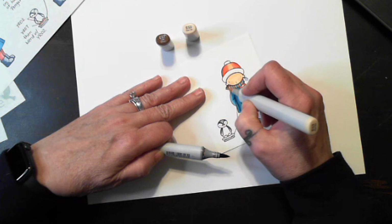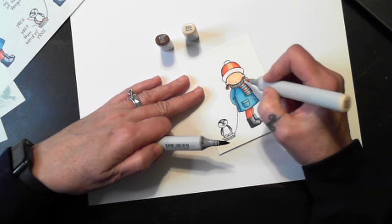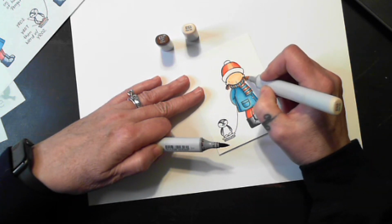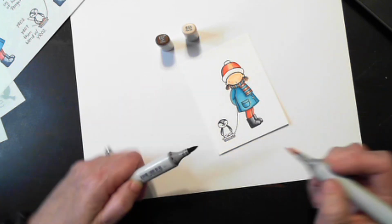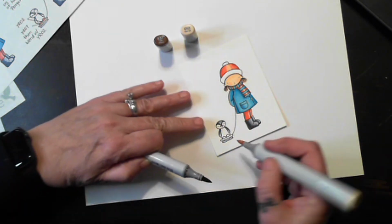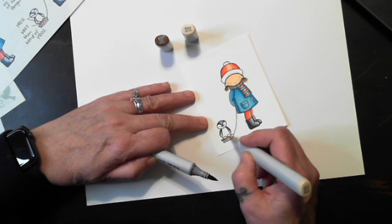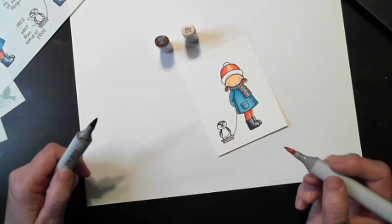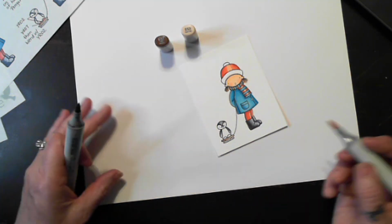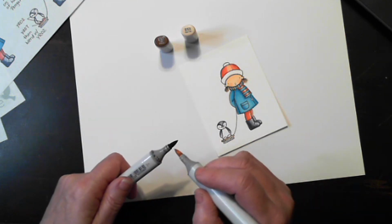And then we're going to go ahead and apply that in her hair. And what this does is it makes it nice to give some variation into your coloring when you have a small area. So like this sled, to get two colors in there and then blend it would be difficult. So that makes it nice that we can just grab some ink off that